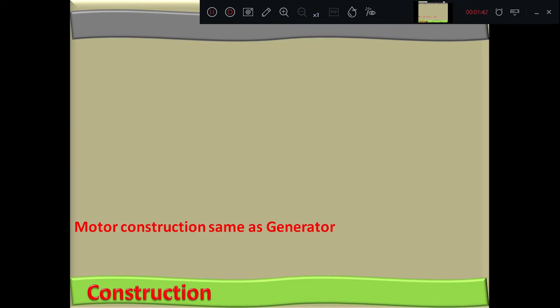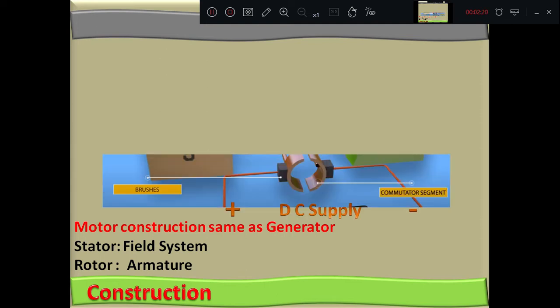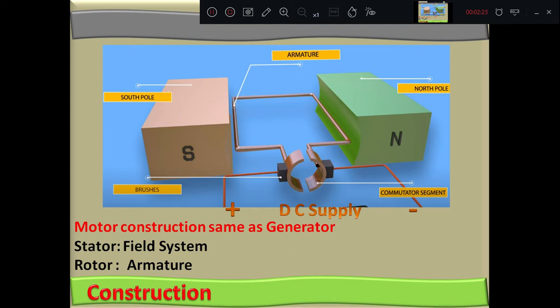As in the case of generator, we saw there is a rotor, there is a stator. In this case also, we have what? Stator, that is here it is a field, and in the rotor circuit we have what? Armature conductor. It is the same as a generator. We saw in the case of a generator, the stator consists of field. Its object is to create the magnetic flux, whereas the rotor is nothing but the rotating part of a system, and it contains a number of armature conductors. They are connected in a particular fashion. Therefore, I will show you a schematic diagram of the simple DC motor.